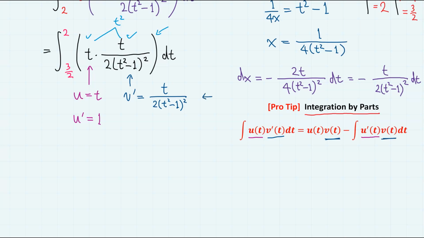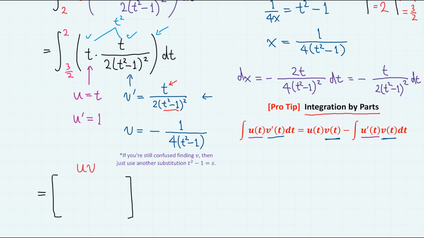So, is this function easy to integrate? Well, yes. Notice that t in the numerator appears if we differentiate t squared minus 1 in the denominator. So we can think of this v prime as a result of the power rule combined with the chain rule, and it is not that difficult to find out that the antiderivative v is given as minus 1 divided by, now 4 here, then t squared minus 1. So we have everything we need, and the result is